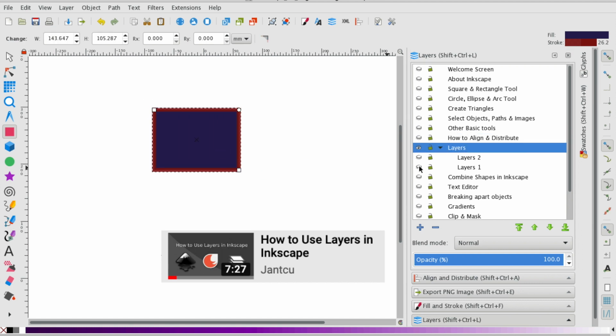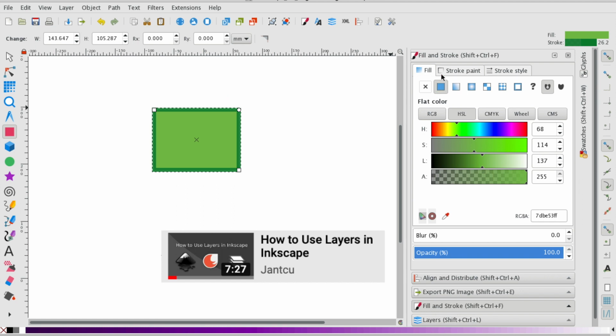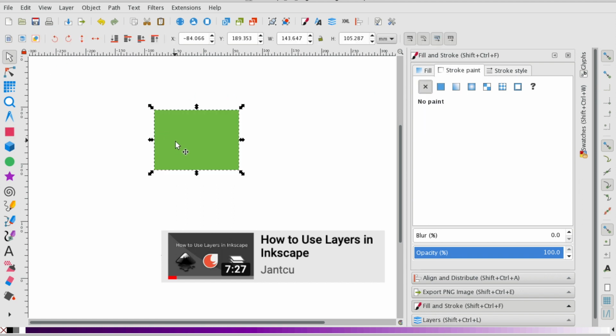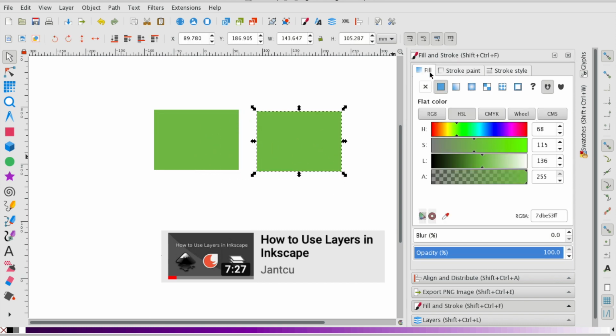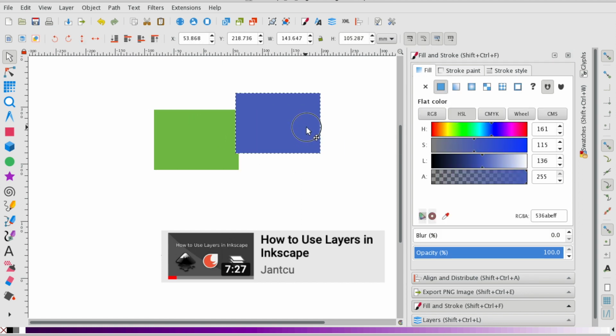you can draw, and let me just go to the fill and stroke tool. And I actually need to cover this because this is pretty important. Okay, here we go. And I'm just going to Control D, and that makes a duplicate. And I'm going to change the color of this rectangle. Okay, so within a